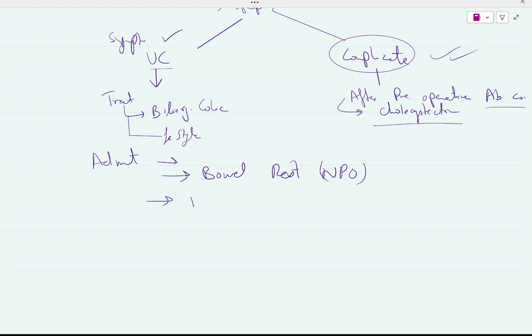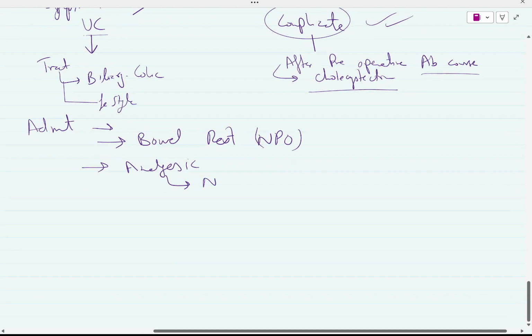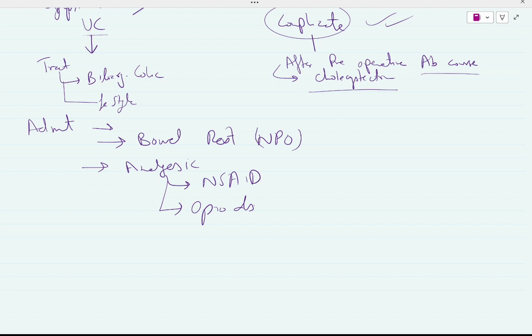We will treat biliary colic by giving analgesics. The first line of analgesics is NSAIDs. If a patient is not responding to first line, we will give second line, which is opioids. Those patients who do not improve with NSAIDs, we give them opioids. What kind of NSAIDs can we give? We can give diclofenac, ibuprofen, ketorolac. Opioids include morphine, buprenorphine, or meperidine.